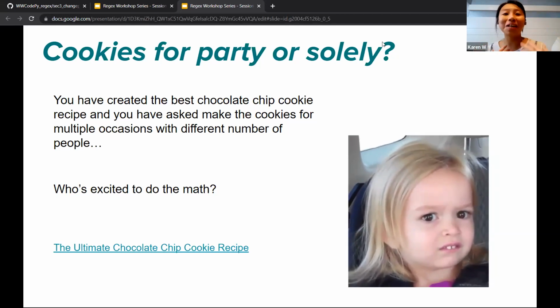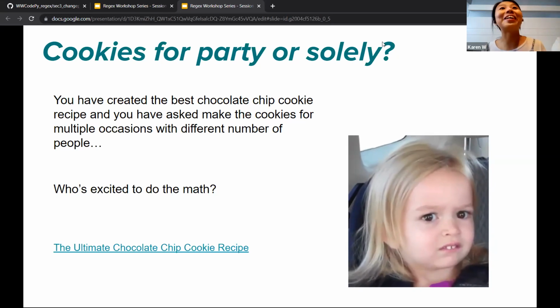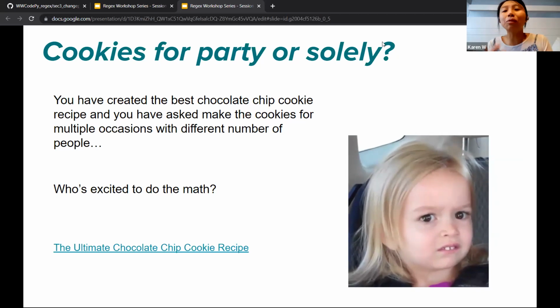When I did baking as a noob, it was so hard for me to figure out, you find a recipe and then you have to figure out, let's say this recipe is serving 10, the cookies serving 10, but what if I want to make 20? Okay, it's easy, it's times two, it's fine.